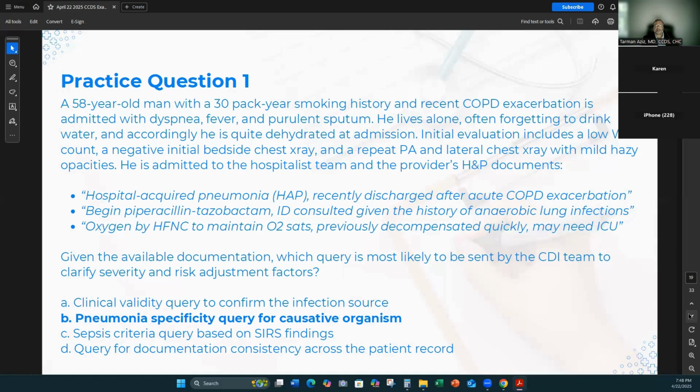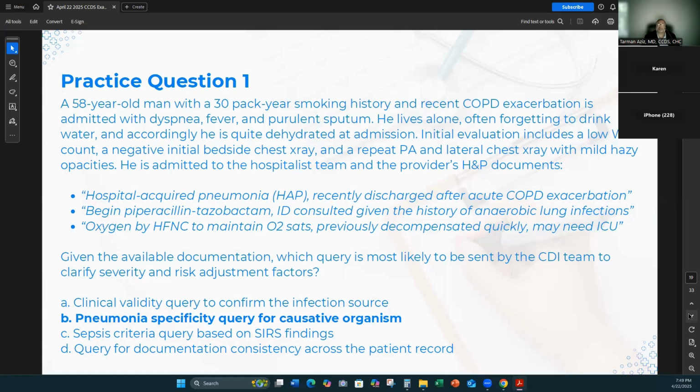Look at the second line in the documentation. It could be aspiration also, with the sputum and the dyspnea. Yeah, it could be aspiration. It could be, or it could just be an anaerobic organism. It says here that the patient has a history of anaerobic lung infections. So maybe this provider thought they were telling us, I have a suspected, probable, likely anaerobic pneumonia here, which would get us to that list that counts for the right DRG for this type of case. But they're certainly not saying it explicitly when they say history of. And many think that history of is good enough.